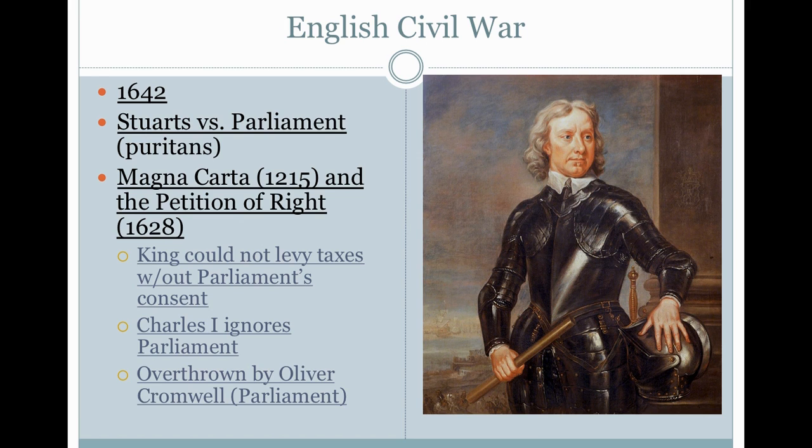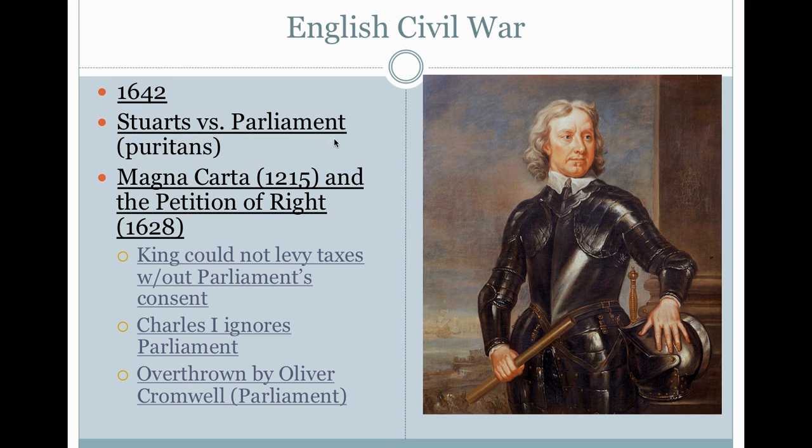All right, so something that's important is that during this time, though, monarchs didn't rule absolutely, in a sense. There was kind of some pushback. So in 1642, the English actually had their own civil war, almost like their own little revolution. Not like the American Revolution or the French Revolution, but still there was pushback. So in England, you had two groups. You had the Stuarts, who would be that ruling family or one of the ruling families, and Parliament.